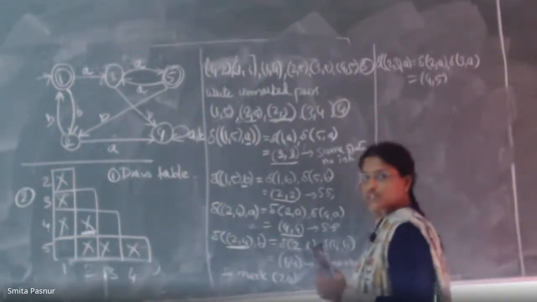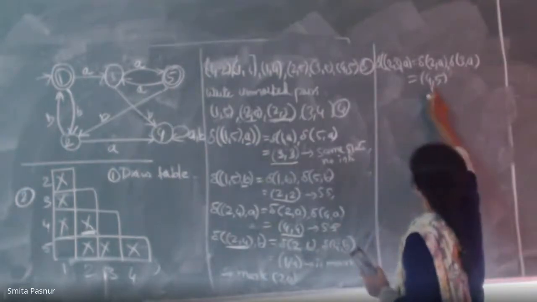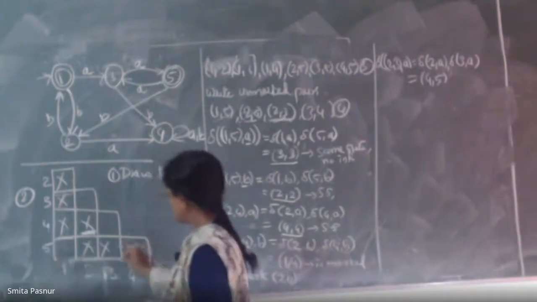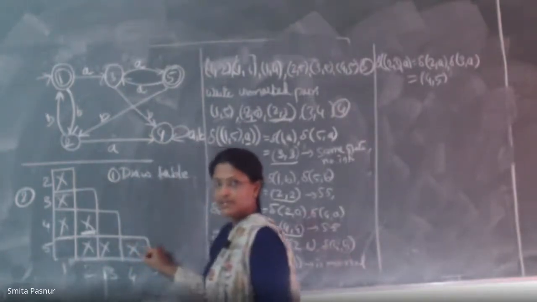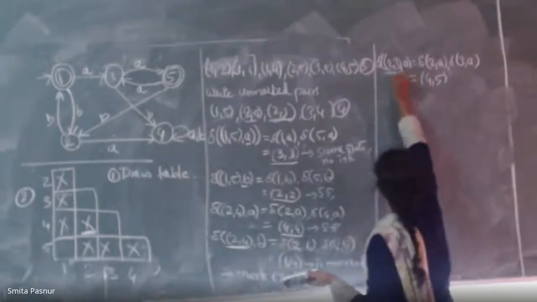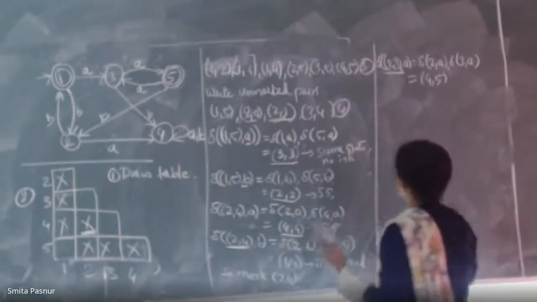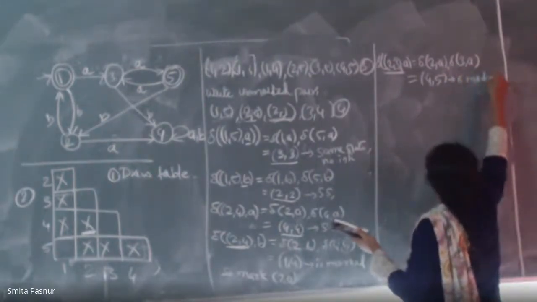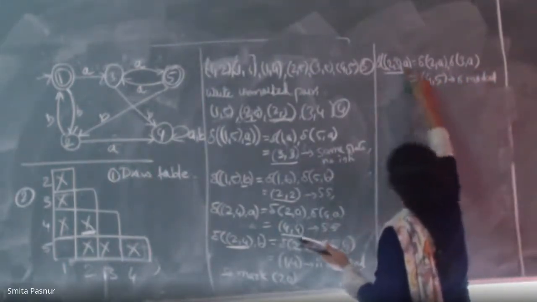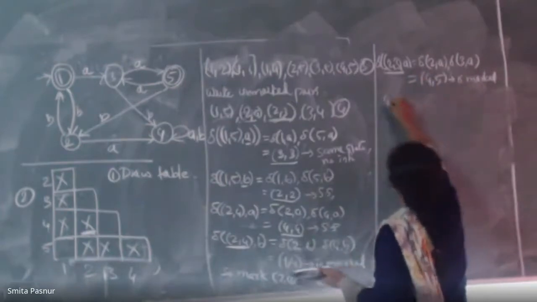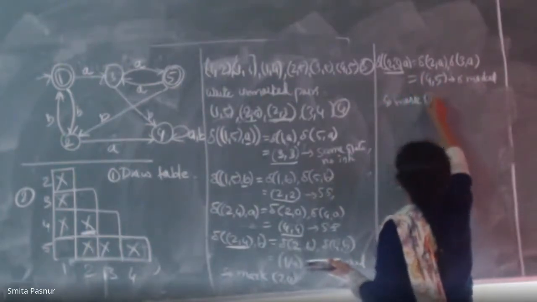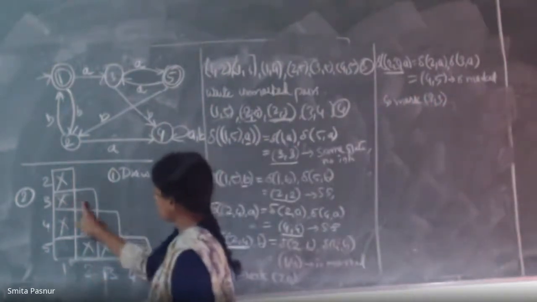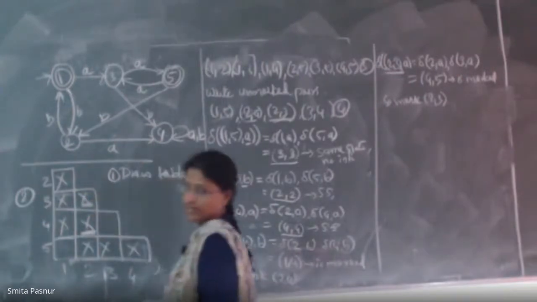So two different states you are getting. Since 4 comma 5 is marked in the matrix, yes, 4 comma 5 is here, this box is marked already. Means what? You have to mark 2 comma 3. Yes or no? See, now here at the first step only you got that this is marked. That means when you're trying on A input, you got it as marked. So what will I write? Mark 2 comma 3. I will come in the matrix and see where is 2 comma 3. It is here. So I am going to mark it.